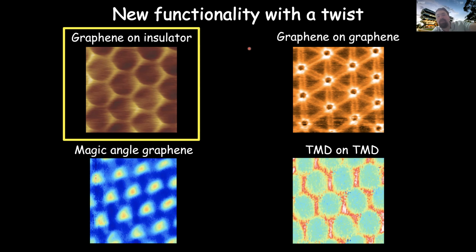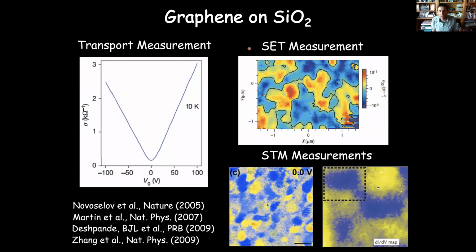If you don't have any other questions, let's go ahead. All right, so the initial measurements of graphene back in 2004, 2005 were putting graphene on a silicon oxide substrate. And so when you do this, because the silicon oxide is an amorphous material, there's not really any sense of twist angle matching between them. You have the crystal structure of the graphene, and you have this amorphous silicon oxide substrate. And so when you do these measurements, you don't see anything particularly interesting as you change the rotation or the alignment of the graphene on silicon oxide.